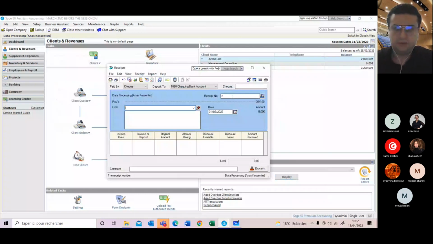Okay, and we're going to fill in these details. First, you have to select this client or customer. So we'll talk about Action Line. The system will automatically offer the list of all the amounts outstanding for this client or customer. All right, simplicity for the example, it's only one invoice that is outstanding. It's the invoice number